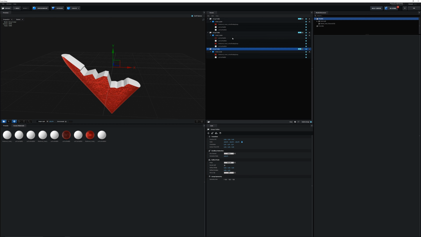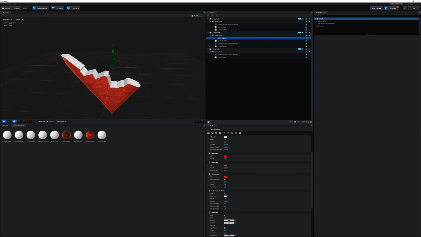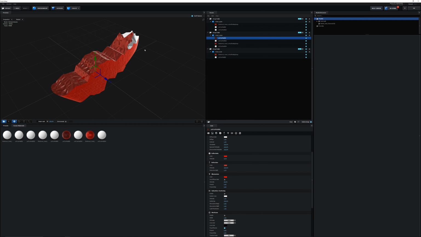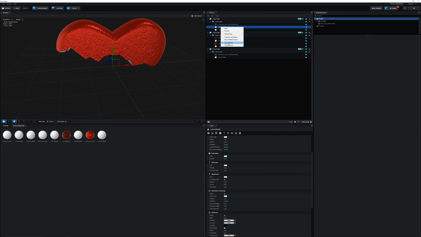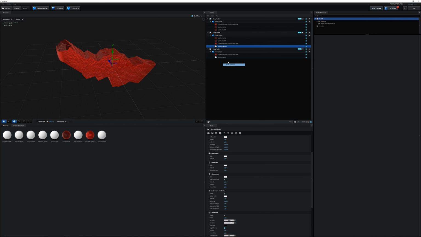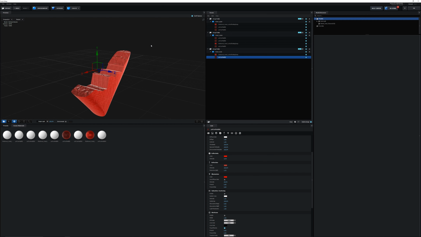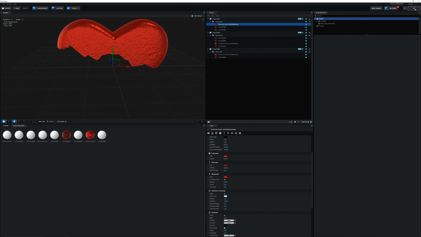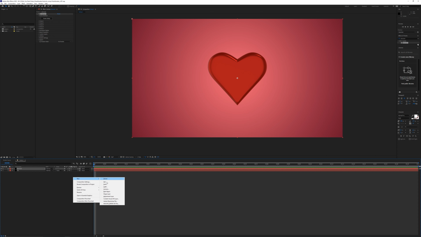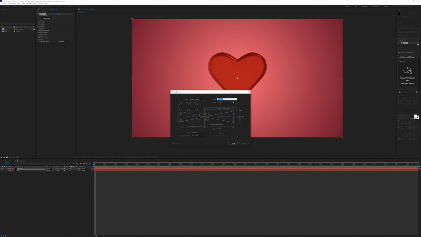So the very last thing is we need to copy that material we just made for the inner piece and apply that to all the other PDI materials. So right click, copy, and we're just going to paste this one by one over all of these other pieces. So that's just instancing that same material over all of the different shading groups. So click OK. All right, so next we can set up a camera. So right click, new camera. The default values are fine.